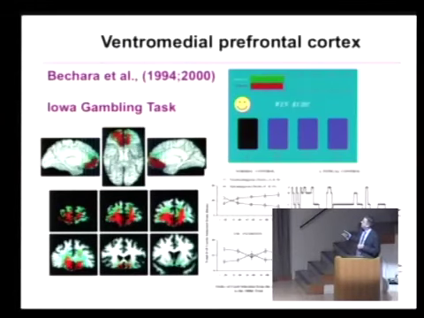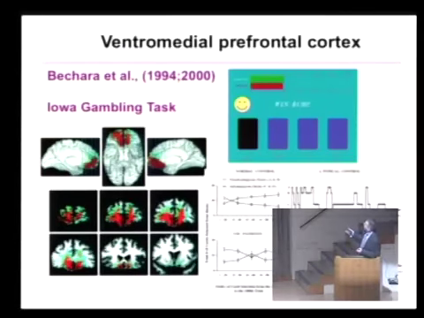Now, more recent work has been done by Antoine Bechara and his colleagues, who were also, like Hannah Damasio, at the University of Iowa at the time. And Bechara and colleagues had access to human patients that had the misfortune of having this part of the brain, this ventromedial prefrontal cortex, damaged in some way. That can happen through having a head injury, or it could happen from having a tumor or a stroke. There's all sorts of reasons why this bit of the brain can get damaged. And they took a group of these patients and they tested them in the laboratory on very simple decision-making tasks.